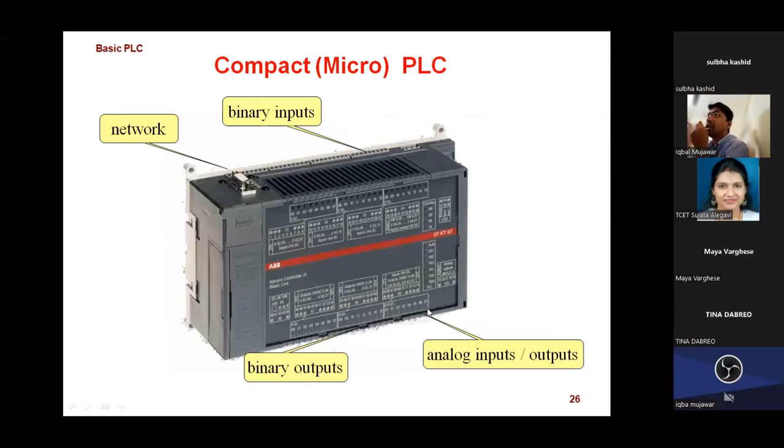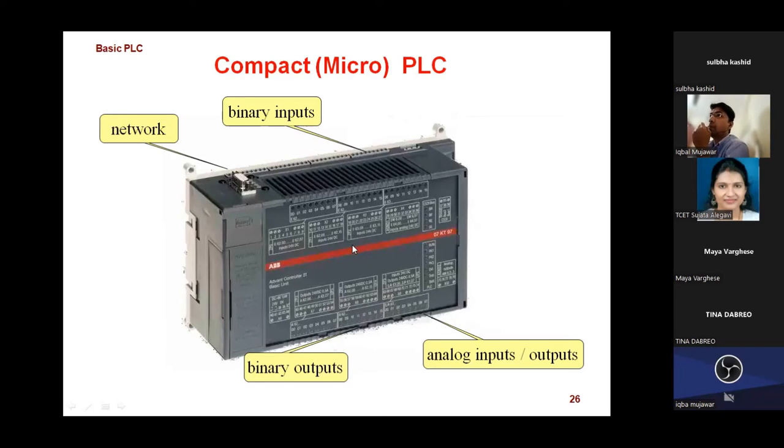And here around 8, as I said, nowadays we are getting analog also, analog input output. Total 0 to 7, a total of 8 analog input output pins also. And there's a network port, some kind of PGA cable, PGA port is there. We can connect and upload our program inside the PLC. That kind of connections are there. This is a simple structure.